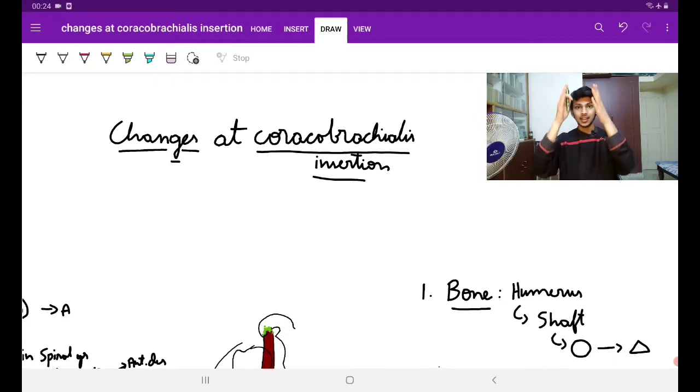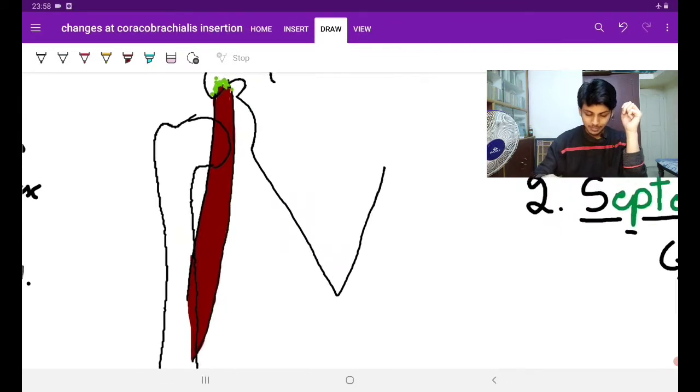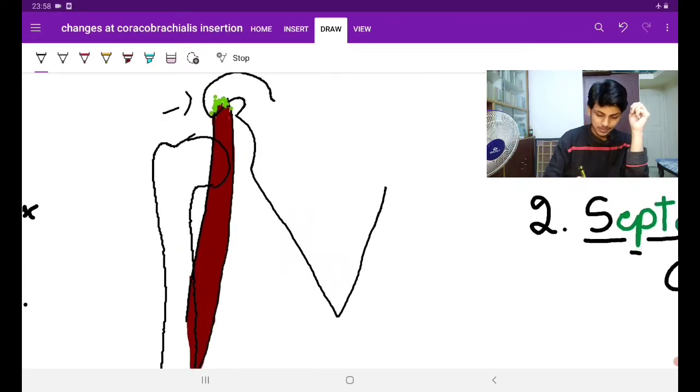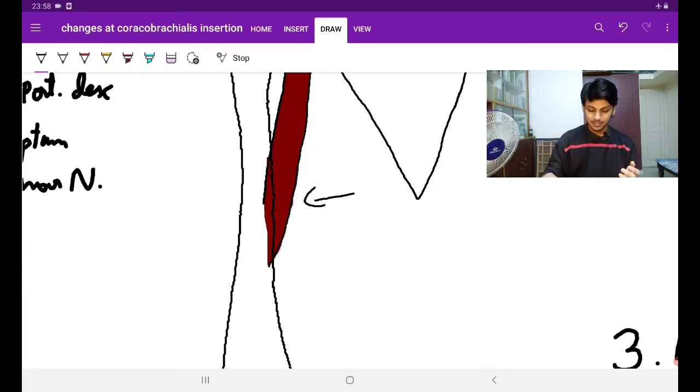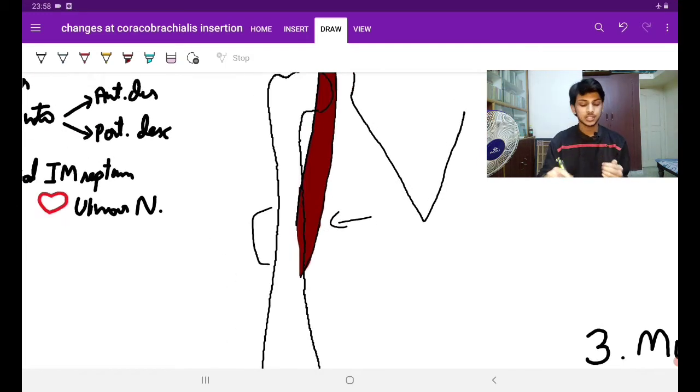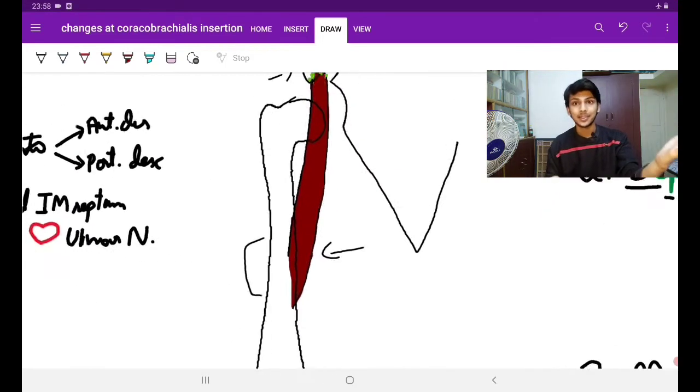Where in the brachium? Brachium has a humerus, it has a medial border, and it is going to the middle 5 cm of the medial border of humerus, isn't it? See here? Guys, it's coming from the coracoid process. This is the coracoid process here and this is the medial 5 cm of the medial border of humerus here, isn't it? Now guys, we are taking this as a reference zone, the level of insertion, because there are many changes happening there. Okay, we'll start with the bone now.